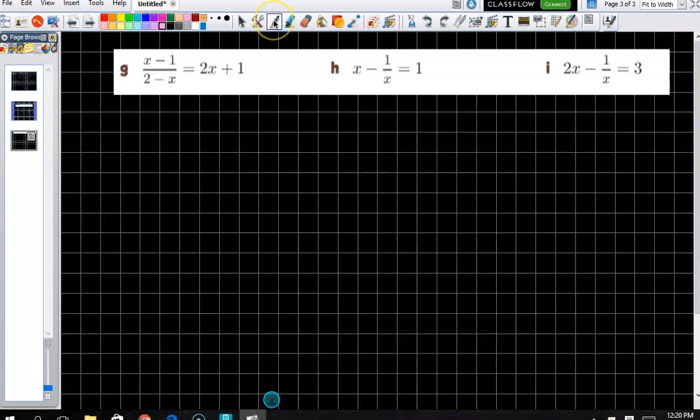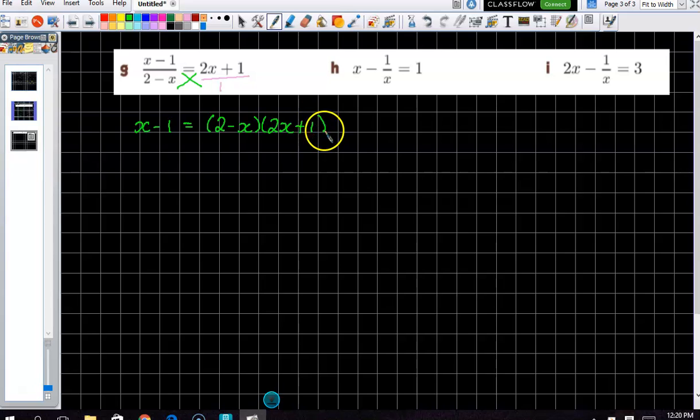Well, with this one, what we want to do is look at this as technically over 1, okay? You remember, I do save this to daymap if you want. So if you don't want to madly copy, by all means, feel free to copy, but I will also save this. So what we want to do here is a bit of cross multiplying. So the 1 times up is x take 1, and we have to then say 2 minus x times 2x